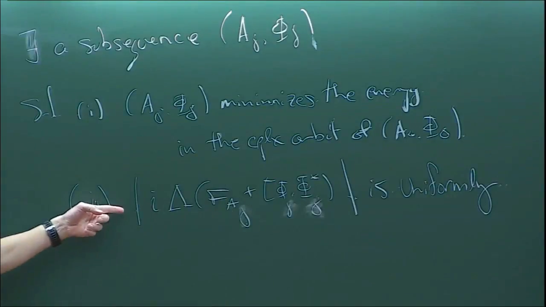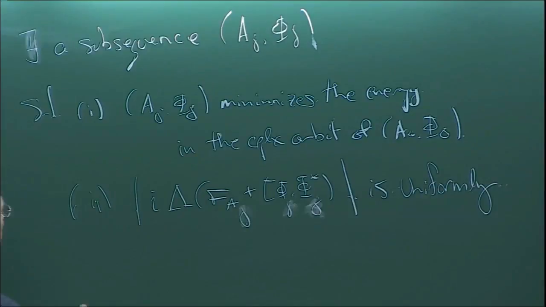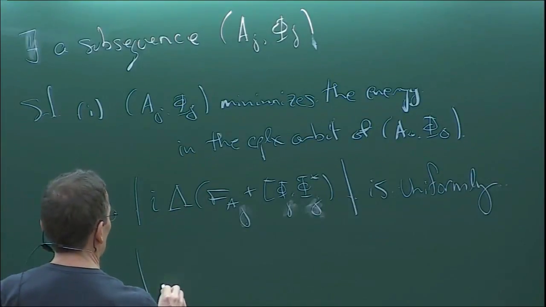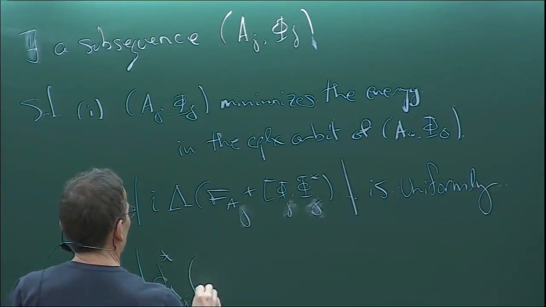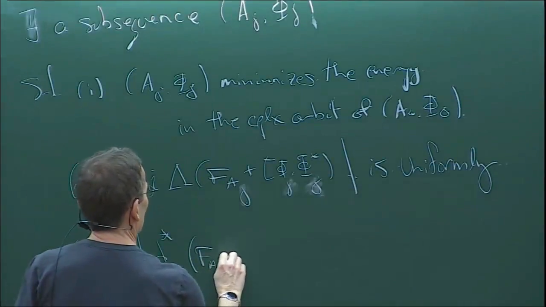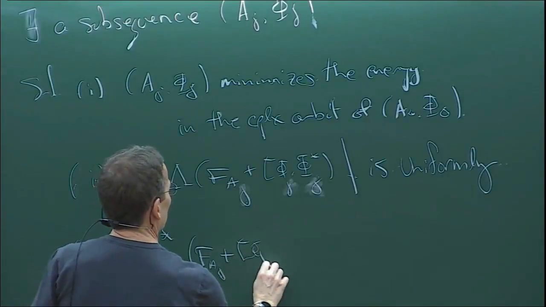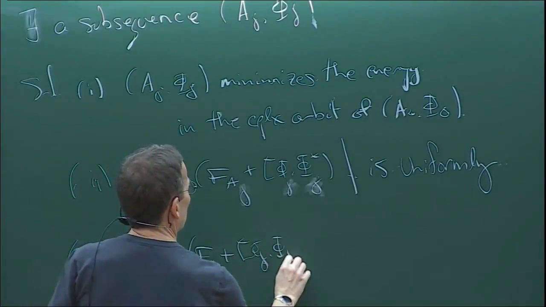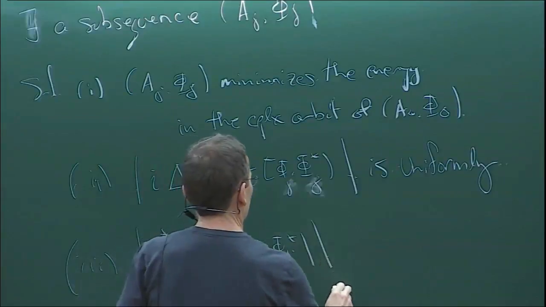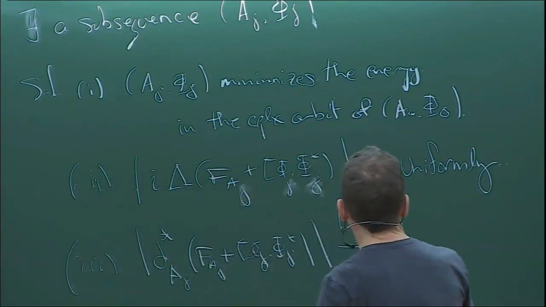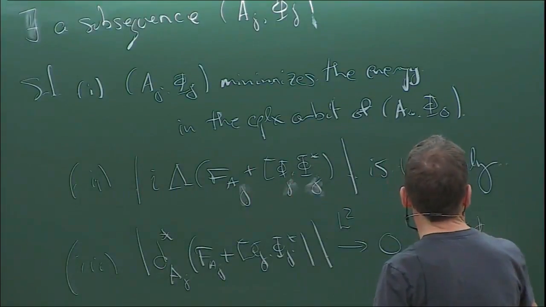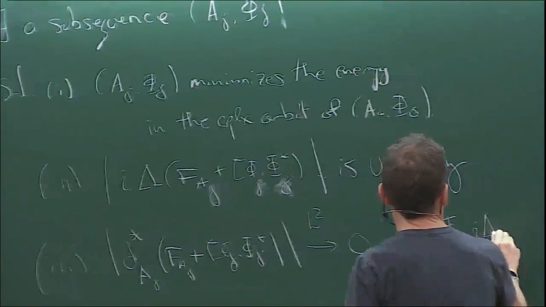Okay, this is like the uniform Lipschitz bound of the maps in the Corlette theorem. And then finally, this is the other condition that I mentioned, is that d_{A_j} star of F_{A_j} star of phi_j phi_j star goes to 0 in L2, and also the bracket of phi with the Hermitian-Einstein tensor also goes to 0.